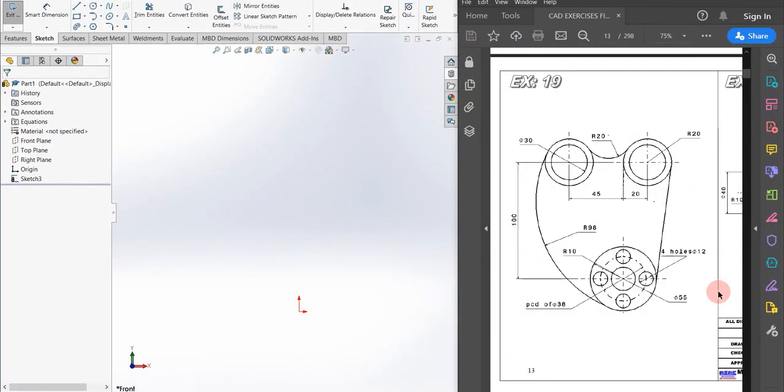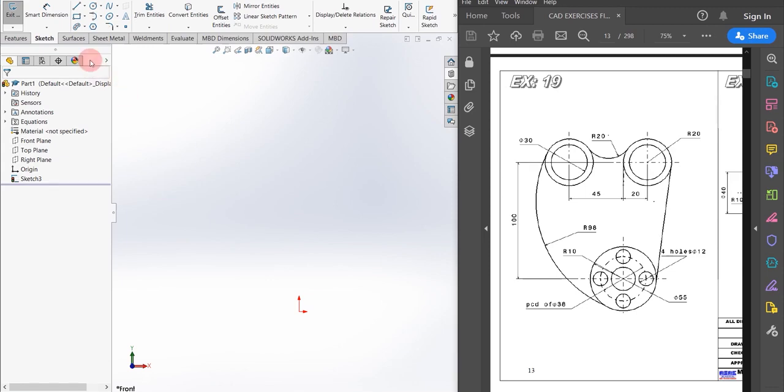So for your better understanding, I am going to sketch a component which you can see on the right side of the screen. First of all, there is no specified or fixed way to draw a sketch. You can draw a simple sketch using various methods or multiple methods. I'm just sketching this component for you to understand the relations or the geometries we just learned in this video and how to use them properly.